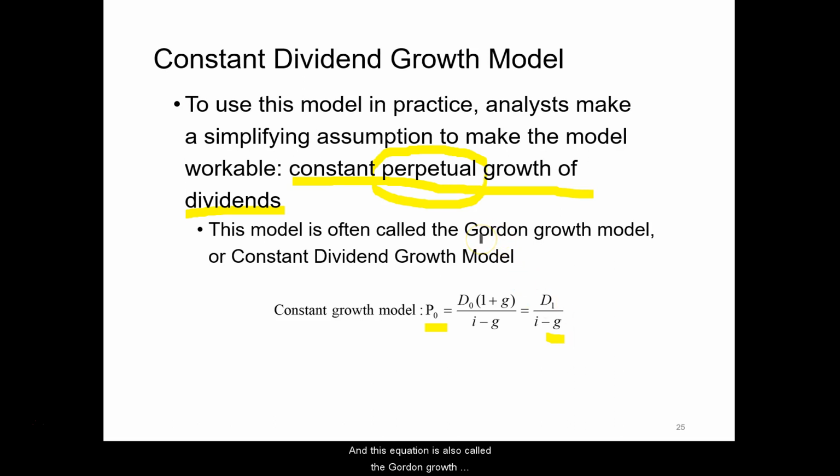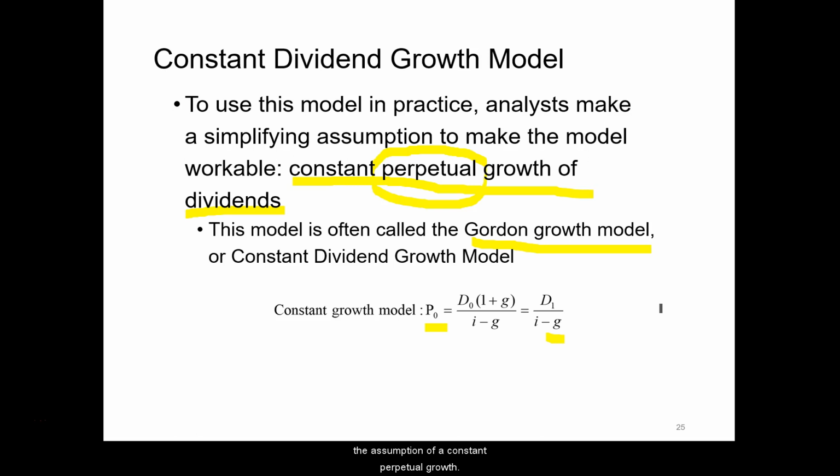And this equation is also called the Gordon growth model. For this class, all you need to know is that this Gordon growth model is derived from the previous equation of calculating the total present value of D1, D2, Dn, and D forever